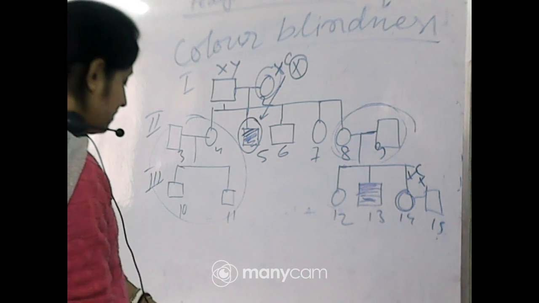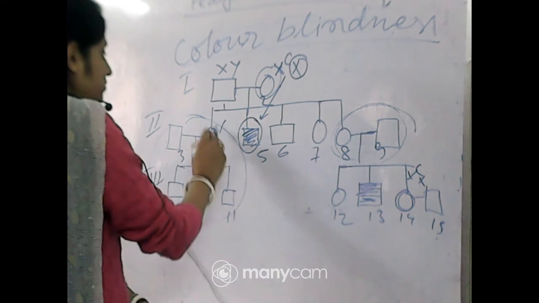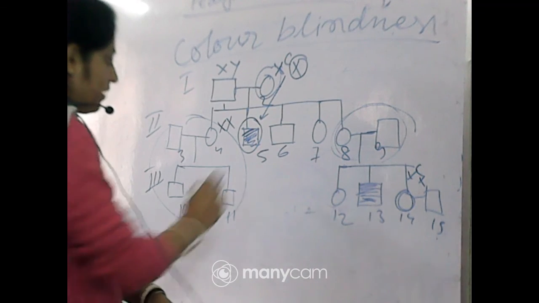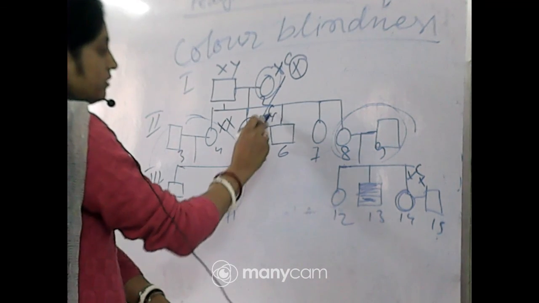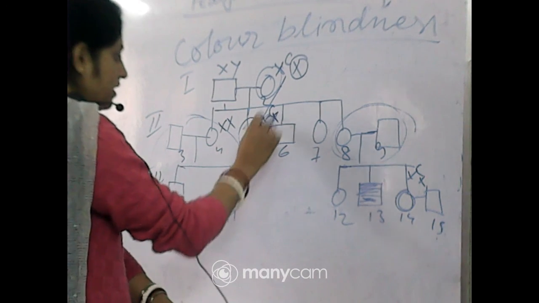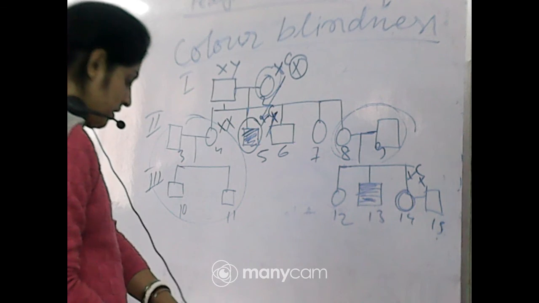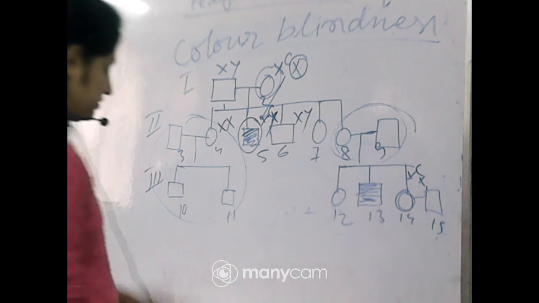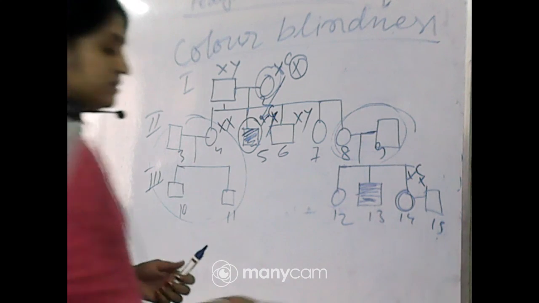And the genotype of number 4 will be, that one is unaffected, so obviously XX normal. Number 5, that is affected, obviously XY, because that one is the male. And number 6, that is not affected, so normal, okay. So this is the possibility of 25%, okay.